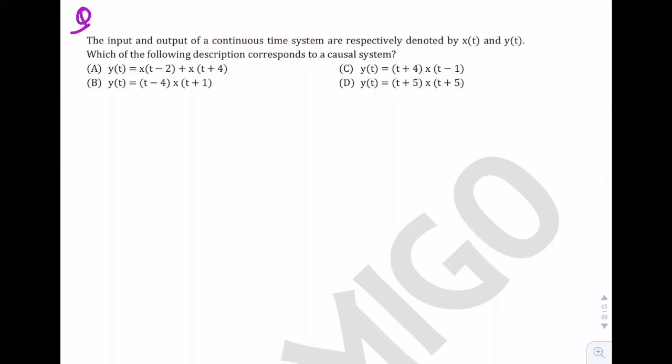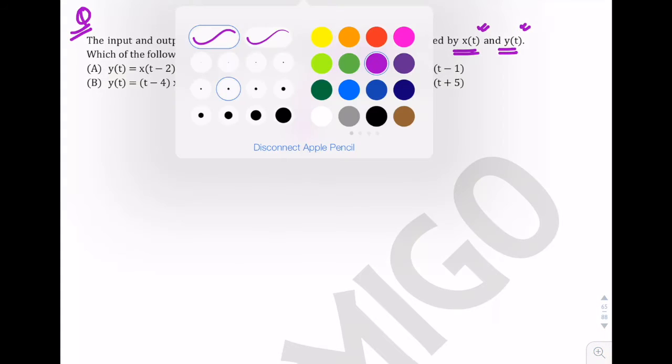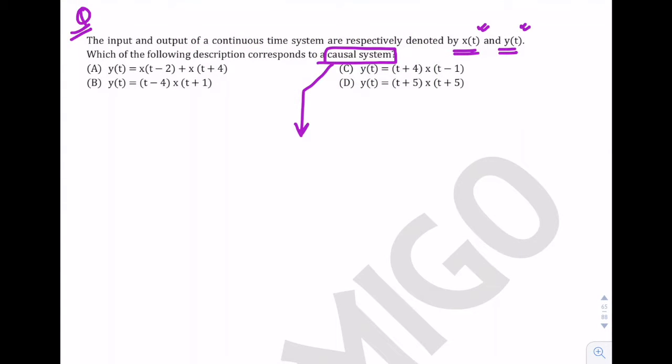Now let's solve another question. This is again a very simple question. Here x(t) is the input and y(t) is the output. We have to find which of the systems is a causal system. As we know the definition of causal system, we have seen it in the previous section of the lecture series. So causal system means